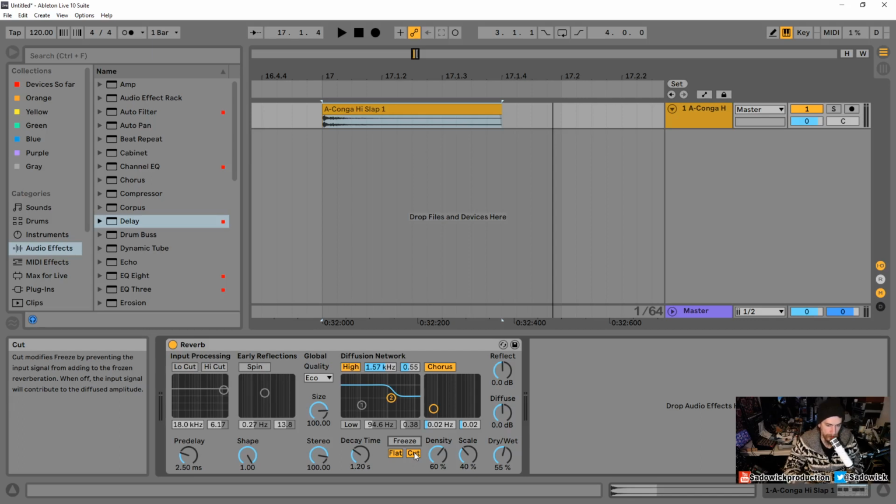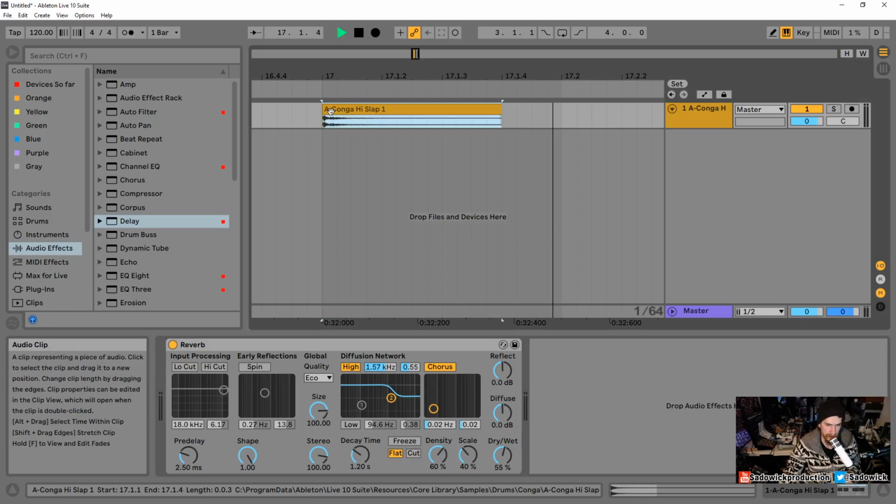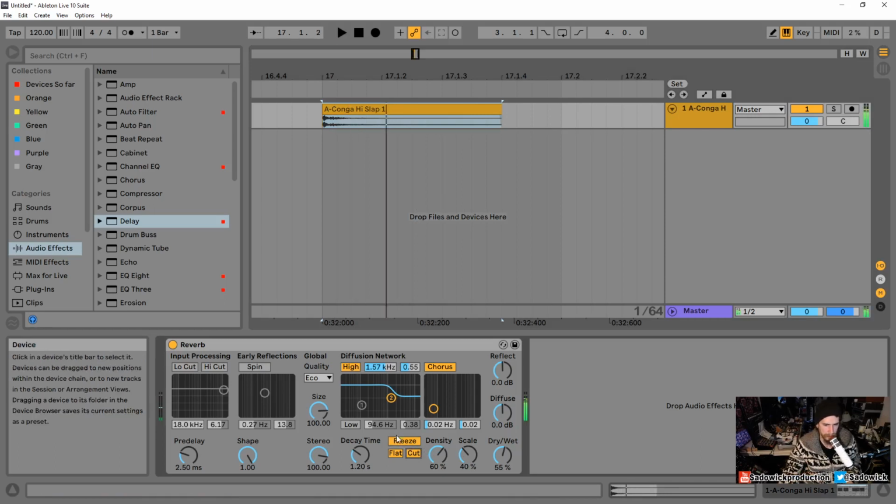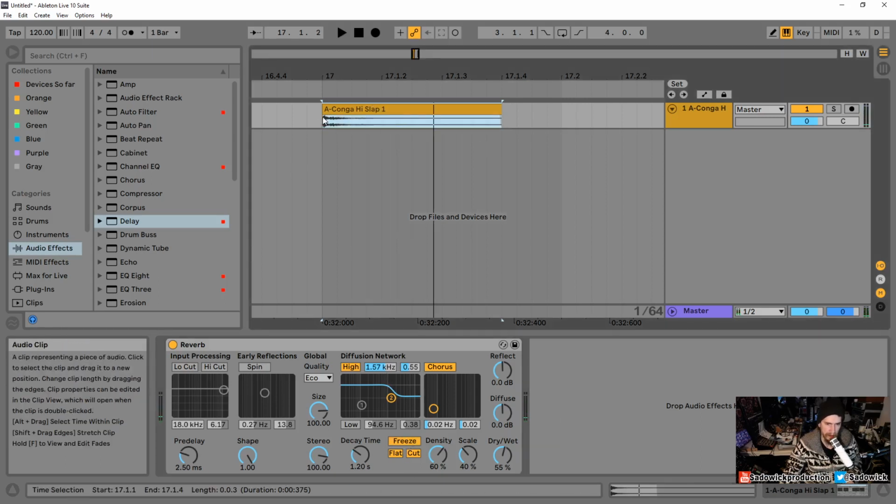So what that does is if I go cut, I can turn the freeze on and it won't kind of accumulate. Right? With it on, it won't accumulate. I can press freeze now and nothing will happen. Freeze is kind of like at this point,